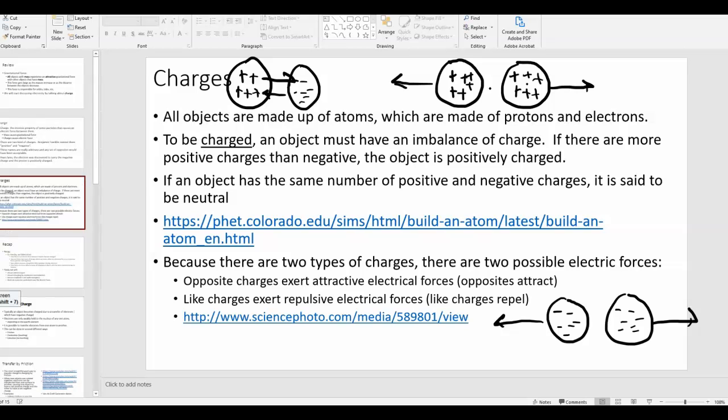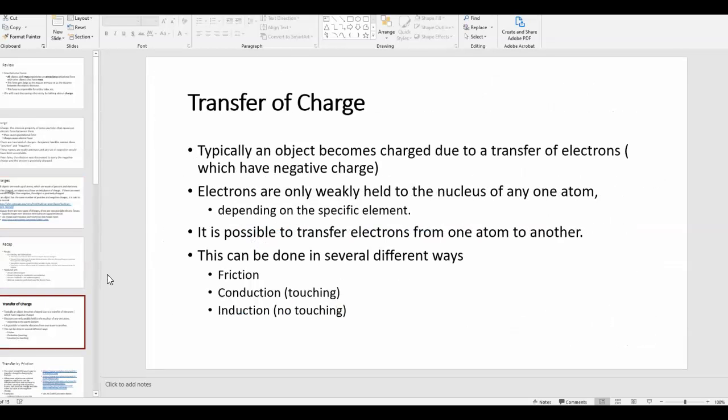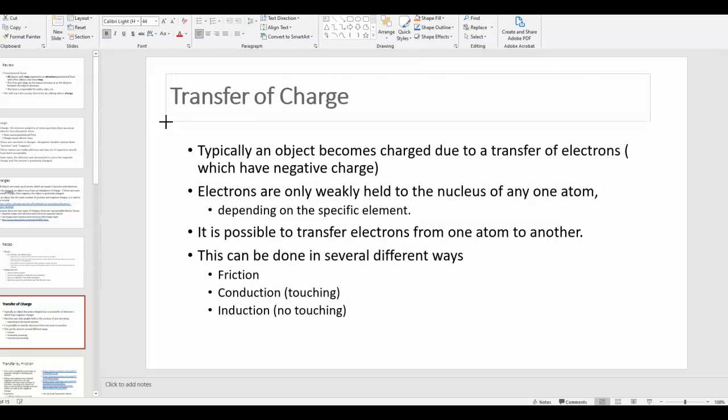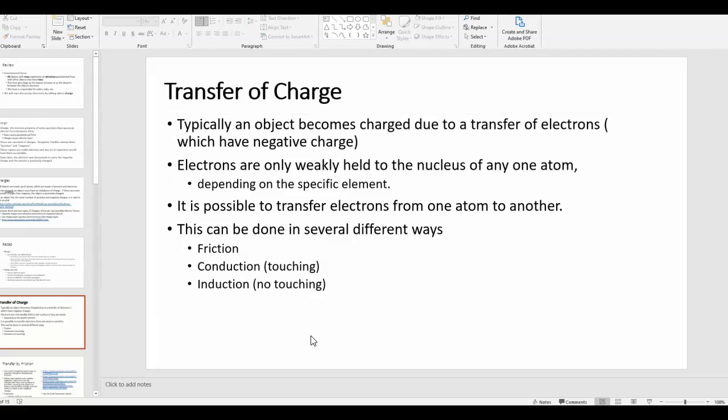Okay, so moving on. Now you might ask, how do you charge an object? So we talked on the last slide about how an object becomes charged if there's an imbalance of protons and electrons. Now, because we know what atoms are made of, we know that when we talk about an imbalance of charge, what happens when an object becomes charged is either it gains electrons or